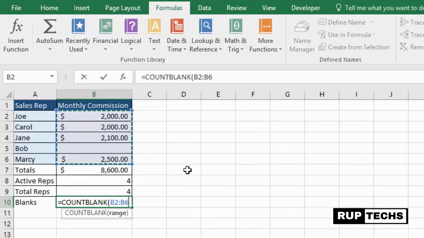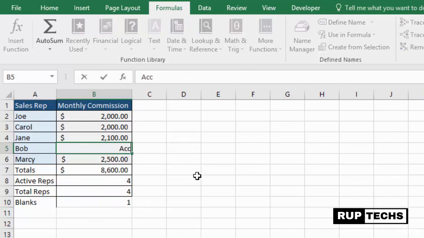The purpose of CountBlank is that it's going to count the number of blank cells in a given range. So if you have a huge list of sales reps, and they are responsible for entering their own commission numbers on a shared spreadsheet, but someone or many people are not doing what they're supposed to be doing and they're leaving it blank, you could use this function to find out how many people are not entering their data into the spreadsheet. So this counts our range of cells, and it sees that there's one blank cell, and it returns a value of 1. Now if we go back and add the accounting word back in here again,